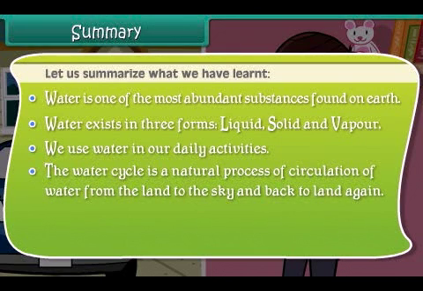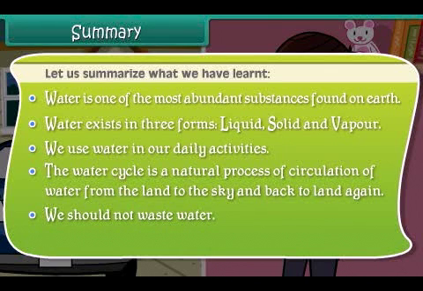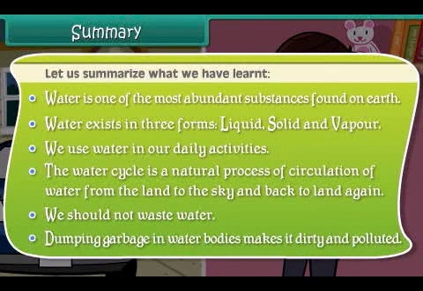The water cycle is a natural process of circulation of water from the land to the sky and back to land again. We should not waste water. Dumping garbage in water bodies